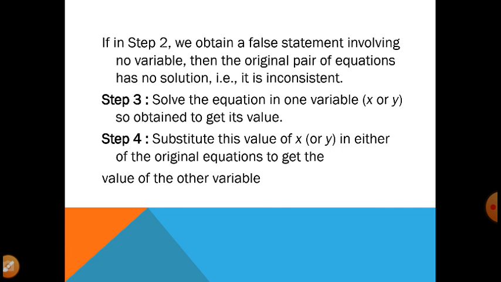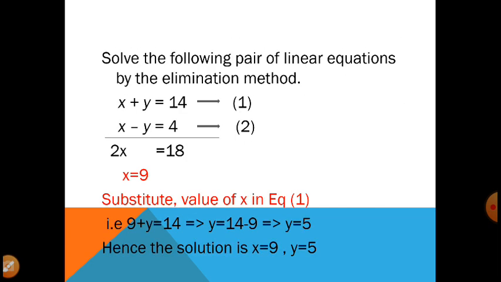Let us solve a sum to understand it better. So consider the sum: solve the following pair of linear equations by the elimination method. To understand the method, I am giving the questions directly. Probably questions come as word problems. From the problem we have to form equations. After forming the equations, only then do we go for solving that pair of linear equations using any one of those methods. In this chapter, that is the thing you have to mainly focus on. So let's see this question.